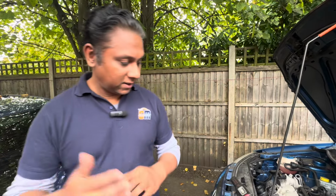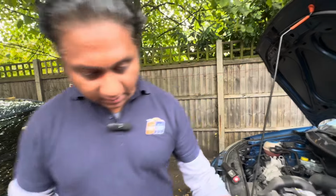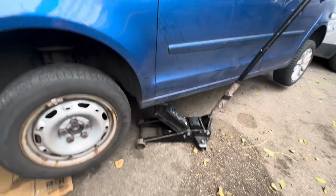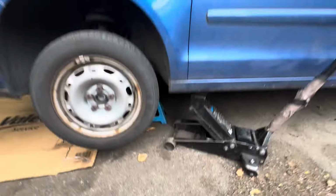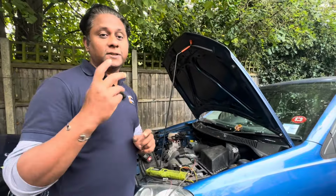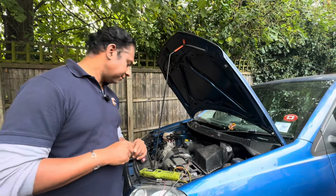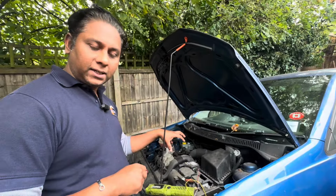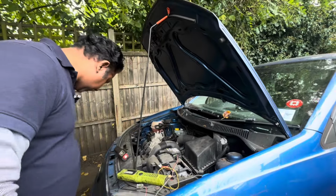It's simple. You can do this DIY job at home, but make sure you jack up the car and leave an axle stand underneath for safety. I'll give you a rough idea how the reverse switch works. Basically it sits somewhere on the gearbox, but on this car